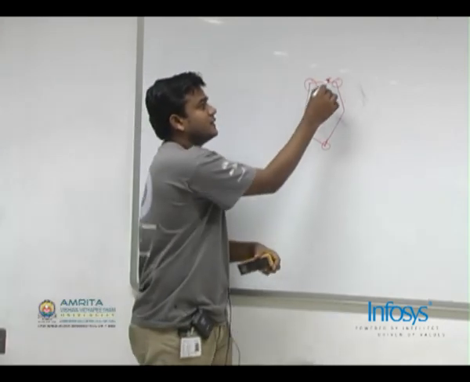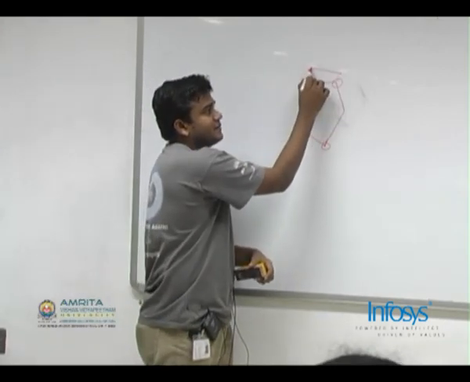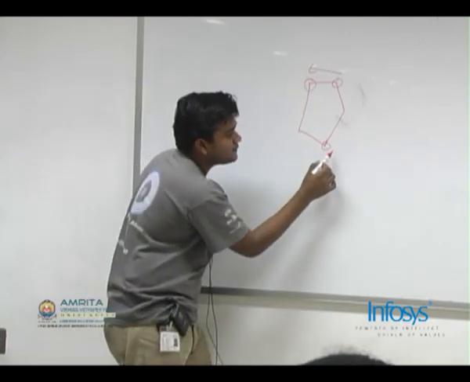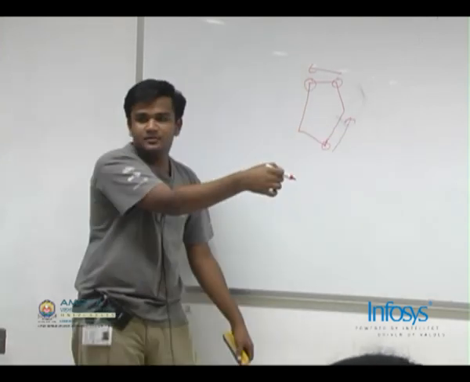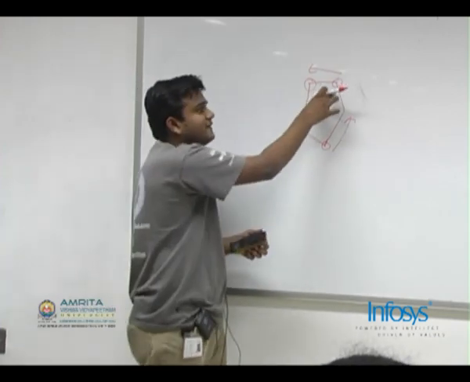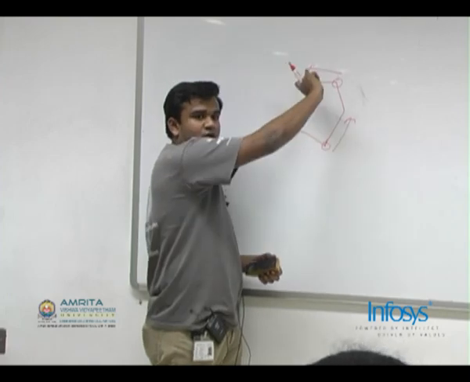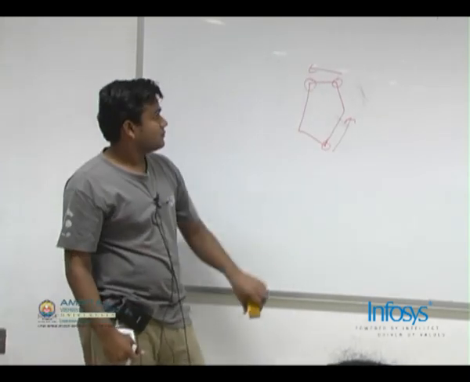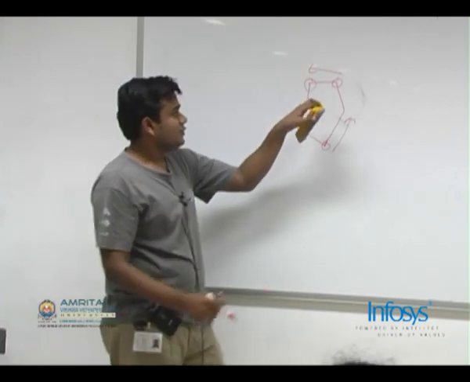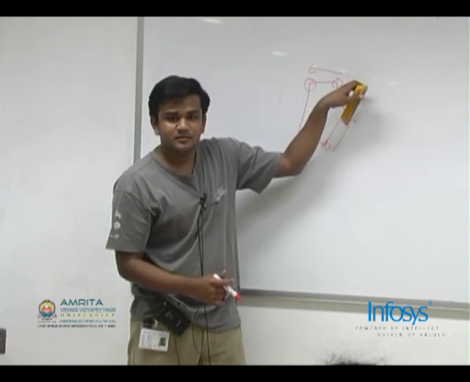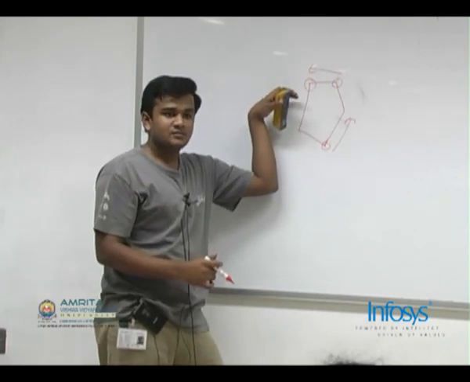Notice that this point has shifted from here to here. The farthest point will also shift from here to this side. It will not be on this side. So if you rotate this point, the other point will also rotate. Does it make sense? So if this point goes farthest to this point, when we take the next point on the hull, the farthest